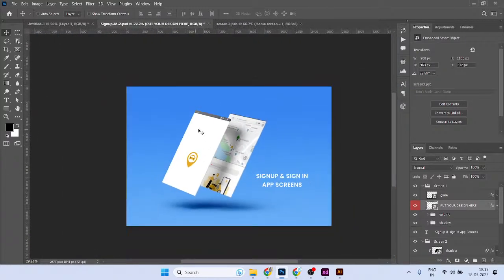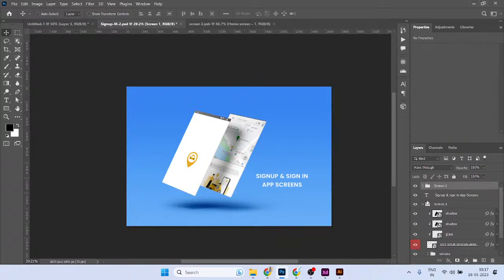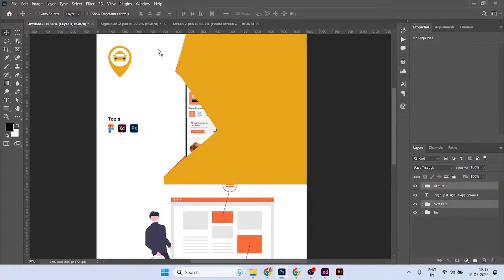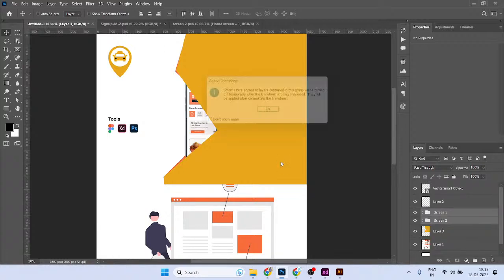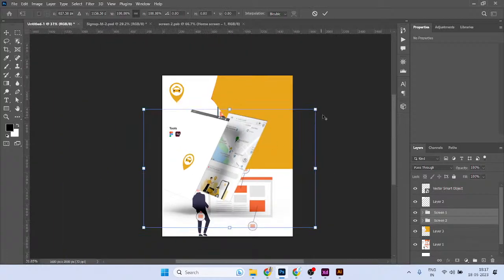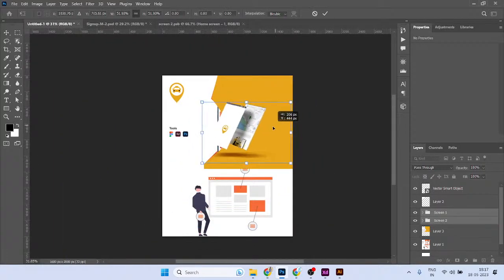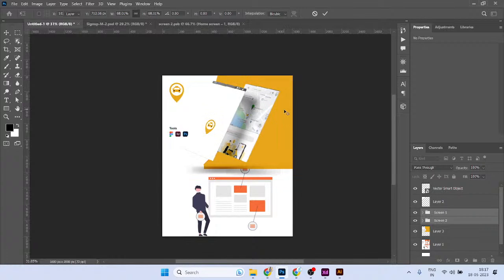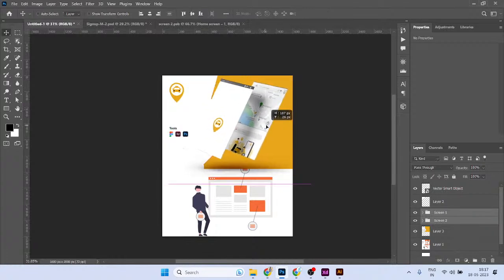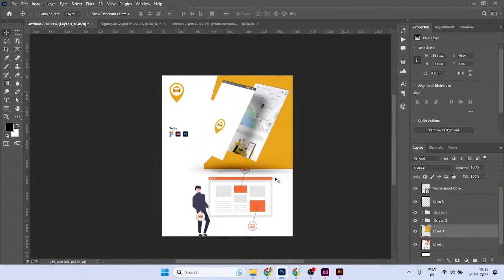Okay, and you can insert the two screens. Keep it here and make it